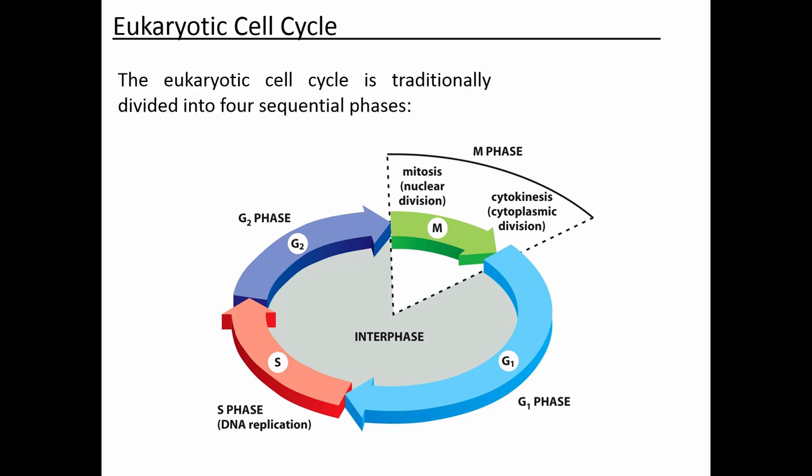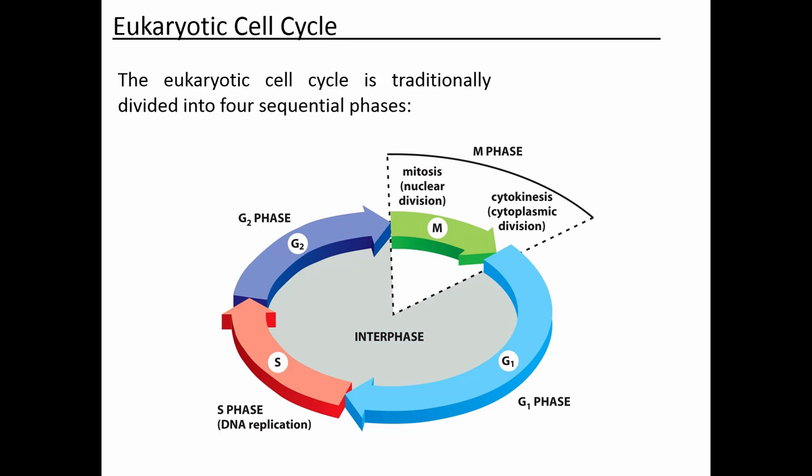It's also an option for the cell to exit the cell cycle and enter a phase called G0. So you can picture G0 as a cell exiting the cell cycle, and G0 is a non-dividing phase. Cells that have entered G0 have made one of 2 decisions. Either they decided just to postpone dividing, which means that later on they may re-enter the cell cycle and divide again, or the cell has made the decision that it's never going to divide again. Some cells that enter G0 are never going to re-enter the cell cycle to divide.